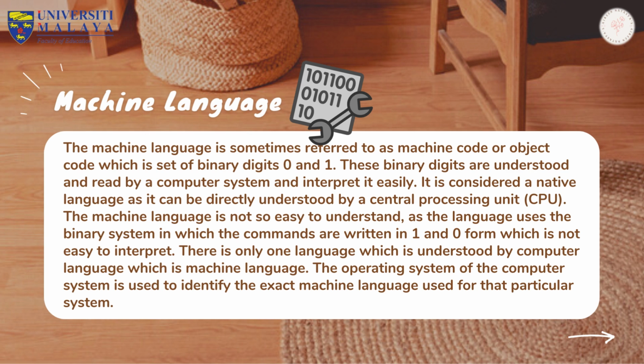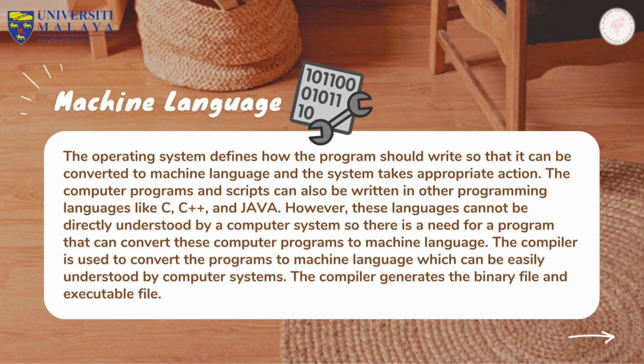The machine language is not so easy to understand, as the language uses the binary system in which the commands are written in 1 and 0 form, which is not easy to interpret. There is only one language which is understood by a computer, which is machine language. The operating system of the computer system is used to identify the exact machine language used for that particular system. The operating system defines how the program should be written so that it can be converted to machine language and the